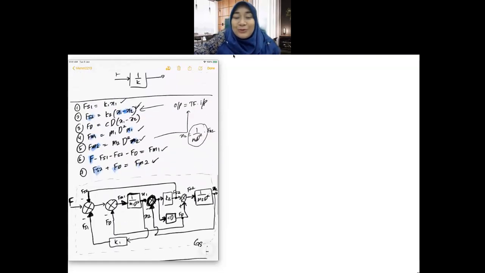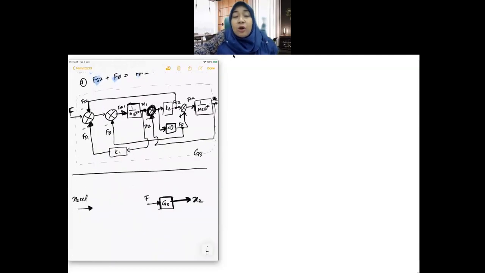So X2 is my reference signal. What I want to remain, maybe the input to that system, the reference signal, may remain the same. I don't want it to go up and down. So I'll just put a constant value for my X2 as the overall input or the desired input of the control system. All right, then when I have this, I need to put a summing point, and then I'm going to compare that reference signal with the actual